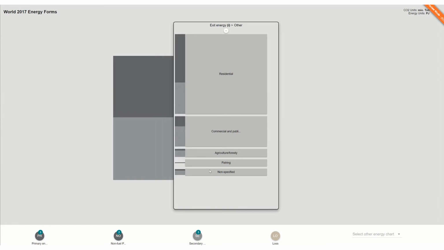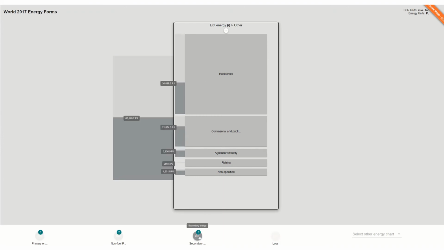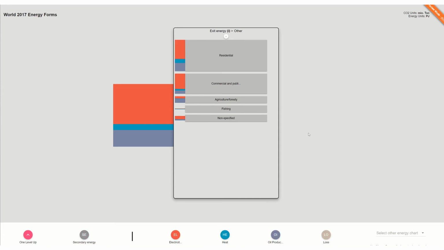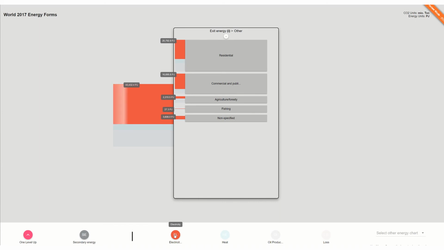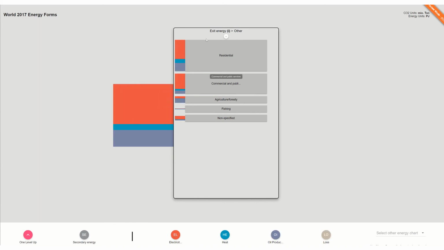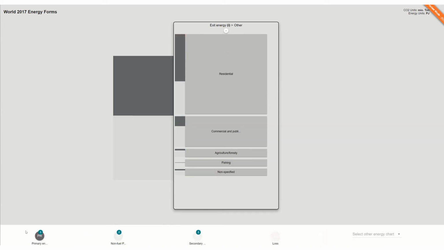And now let's say we want more detail surrounding which forms of secondary energy goes into, let's say, residential. Then I can double click upon the secondary energy down here, and then I get more details surrounding, for instance, electricity going into residential, and also heat and oil products. And here again, it is also possible to use the mouse over effect on, for instance, electricity, to get more details surrounding the exact numbers. If I now just go backwards once again,